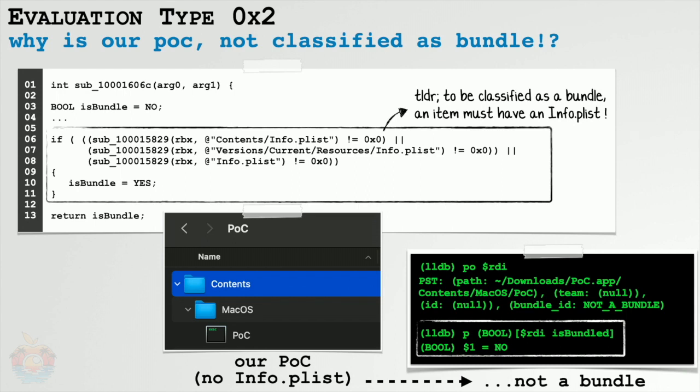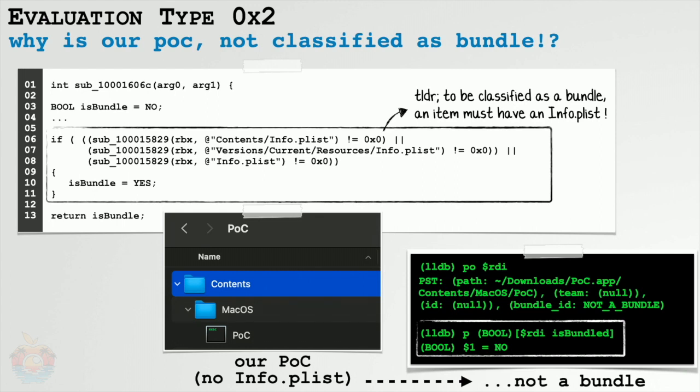It's basically checking if a script-based application has an info.plist file. And if it doesn't, it says, no, this is not a bundle, so it returns false, which means that type 2 will get propagated back into the policy subsystem, which means the application will then be allowed. Of course, recall our application does not have an info.plist file, which triggers the isBundled algorithm to essentially fail and